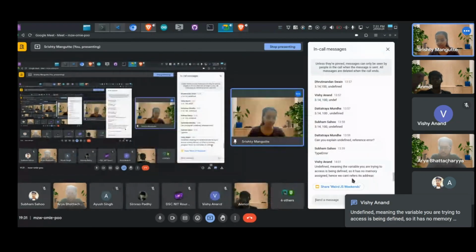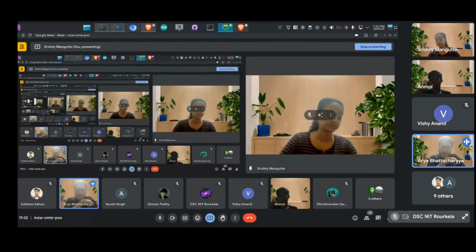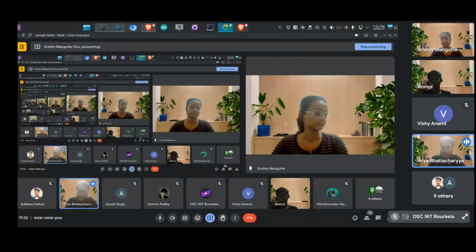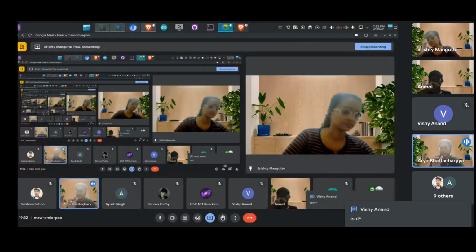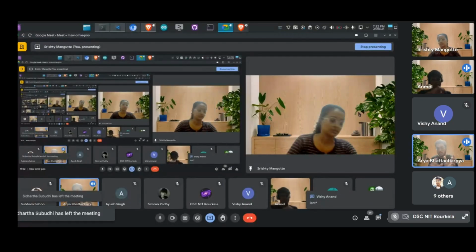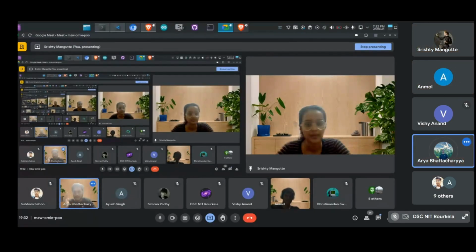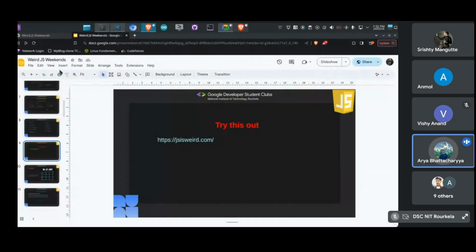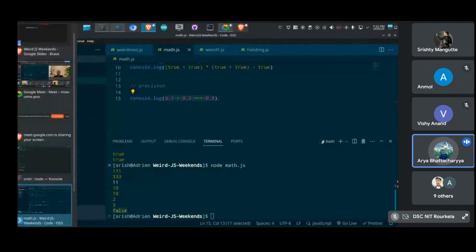Okay Rishi, undefined meaning the variable you are trying to access is not defined. This is a very important concept: undefined and NaN are different. Undefined means we haven't defined the value at all, so we are trying to access something that has not been defined. It is not in the memory, and its reference pointer is null, because when we try to reference an address which is not defined, we get undefined. And NaN means there is no value, but undefined means the pointer pointing to the address is pointing to something which is not defined. There is nothing there, but you are pointing to it, referencing it, so that is what undefined on a memory address means. So there is a difference between NaN and undefined.